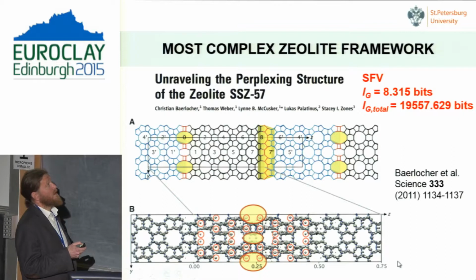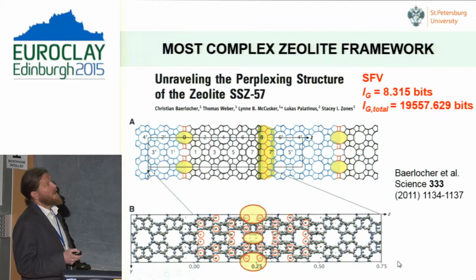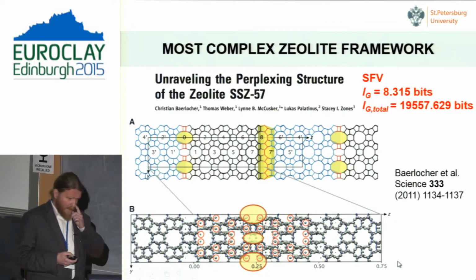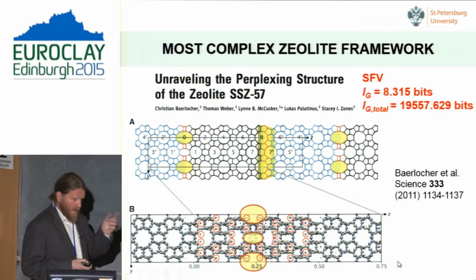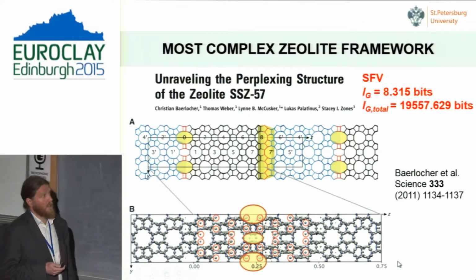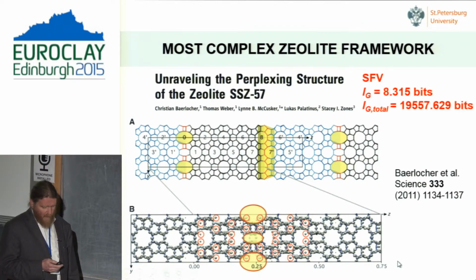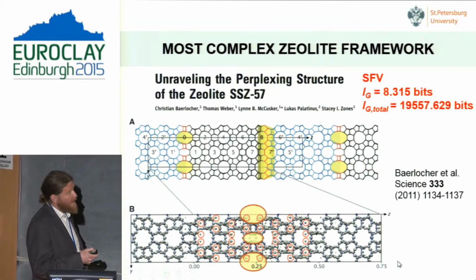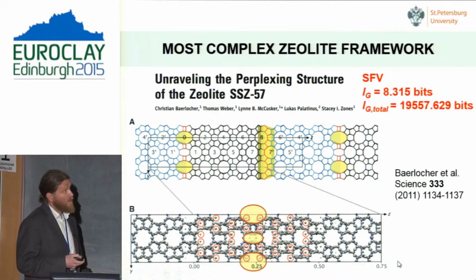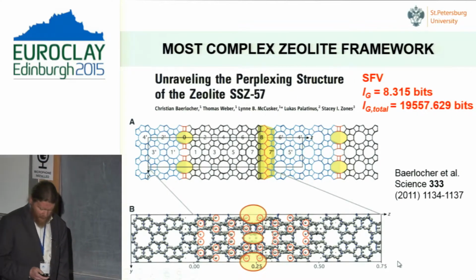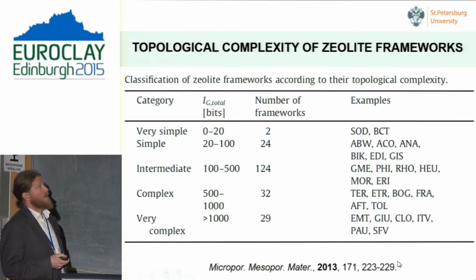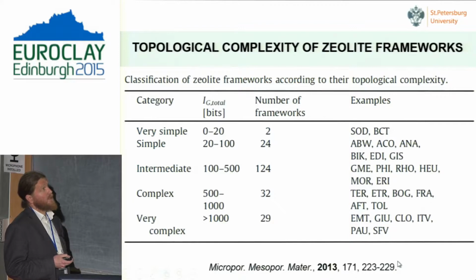This is the zeolite SSZ57, and it has about 20,000 bits per unit cell, and paulingite has about 7,000 bits per unit cell. So the difference is about a factor of 3. So the crystals produced by humans are much more complex than crystals which are produced by nature. This is a kind of classification of zeolites in terms of the complexity of their frameworks, and you can see